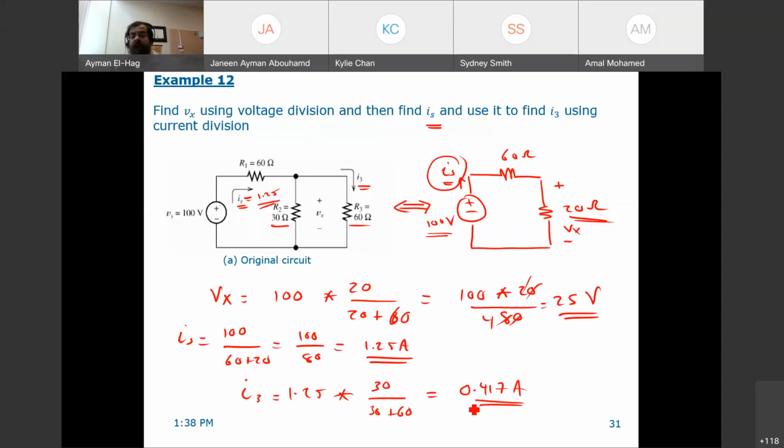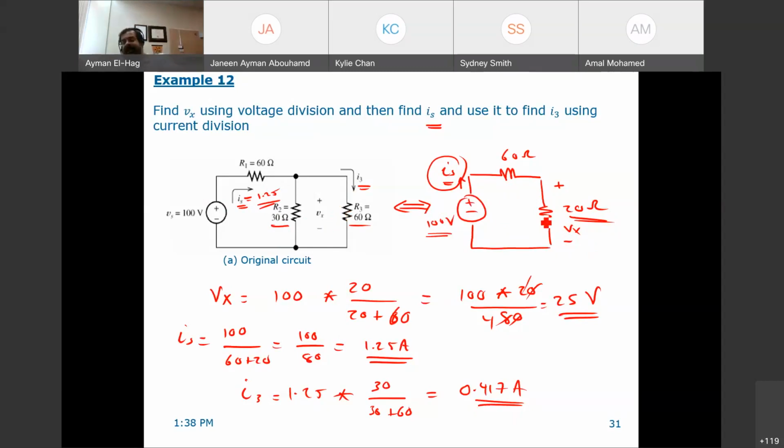So you can see here, this question is a combination of different things. We have parallel resistors, we add them, we reduce it to this circuit. Then we have Vx using voltage division, because Vx is the same as this. Once we know Vx, then we can also find Is, because here we have 100 ohm and these two are